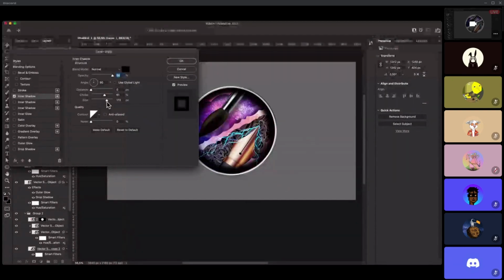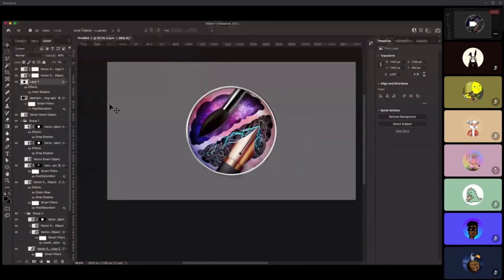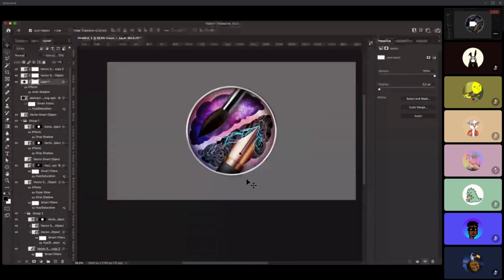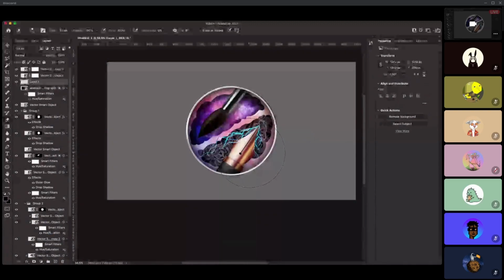Increase the size of it, decrease the choke size, maybe like so. Okay, and I simply play with the opacity now, you see. So I have that shadow, and at the same time I create another mask, and I start to erase the parts of these sides, because shadows can't be formed like this, it has to still follow physics. So I remove those parts here, but it's not removing. In that case I'll have to rasterize the layer, rasterize layer style, and we're good. And now it's working.